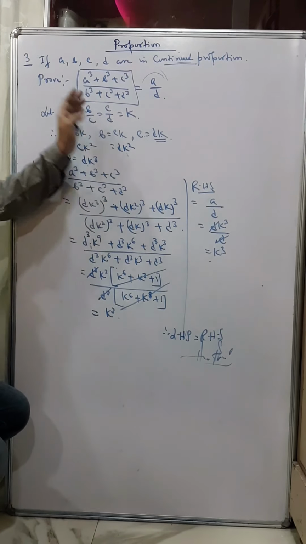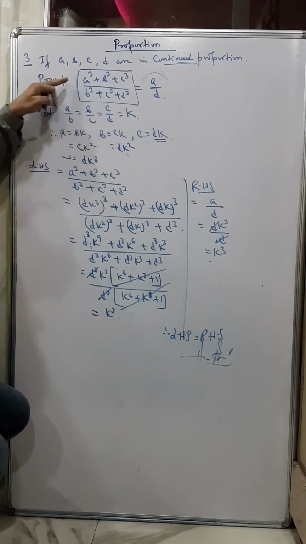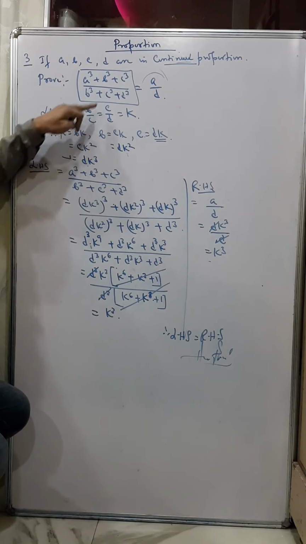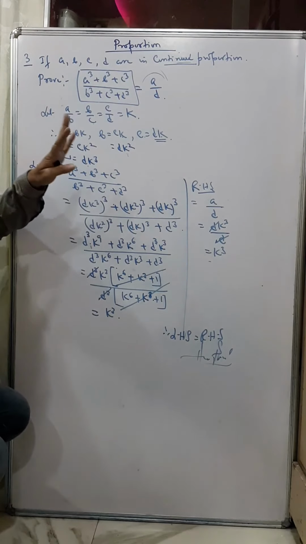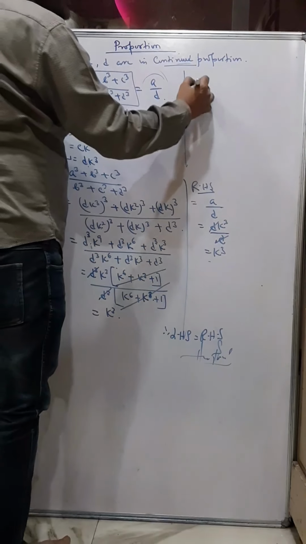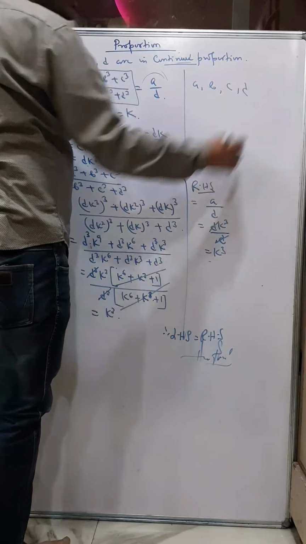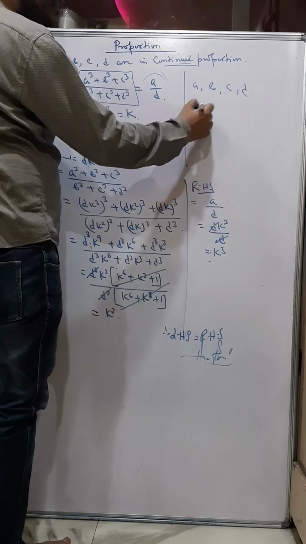All methods are same. If it is a continued proportion, I'll write A by B is equal to B by C is equal to C by D, like this. And if it is a normal proportion, for example, if they say A, B, C, D, in that case I'll take A by B equals to